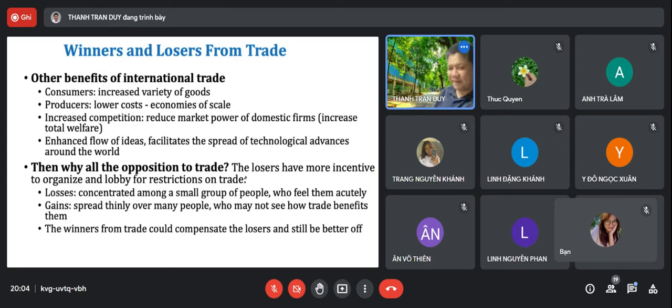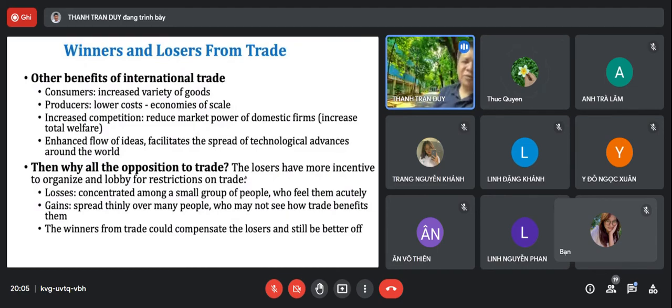Now, as a Vietnamese consumer, we have Vietnamese rice, we have Vietnamese fruit. However, do you want to try American crab, American products, or even Thai durians? Yes or no? We also have durian in Vietnam, right? And also Thai durian. Do you want to try Thai durians? Yes or no? Yes.